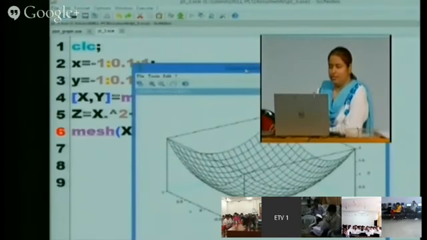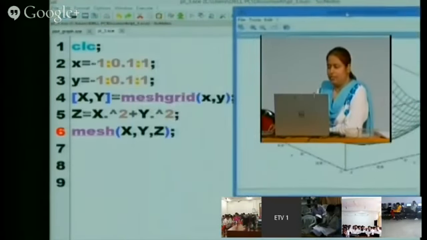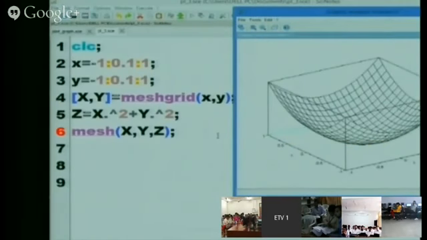So this is the graph you can see, right? So this is the mesh plot. Similarly, you can see this is x, y, and z. The grid is formed on the x and y.